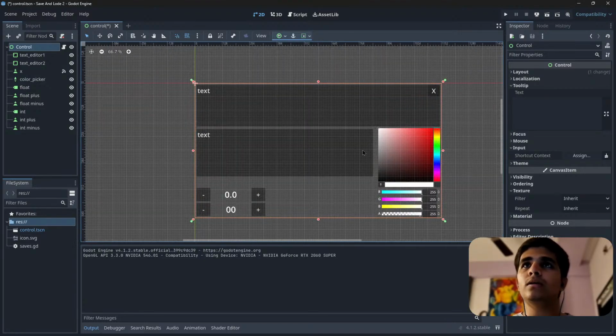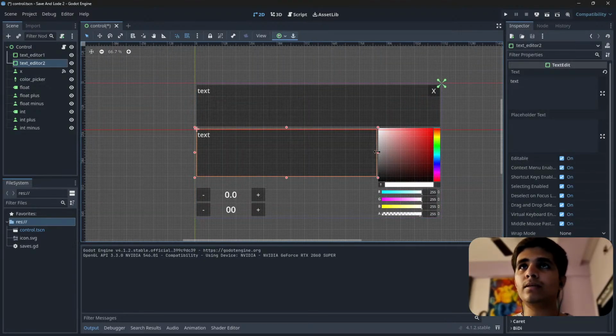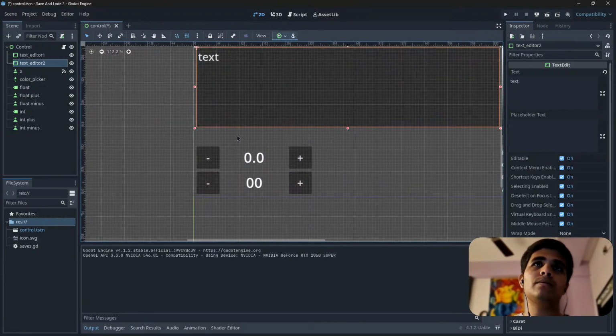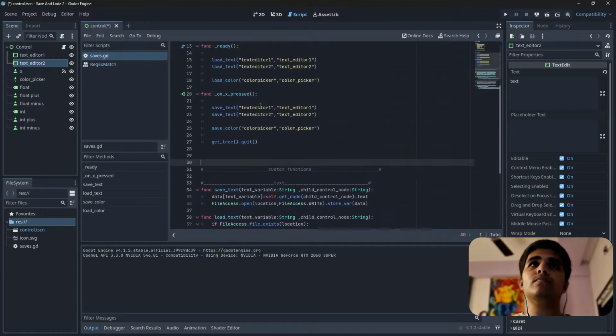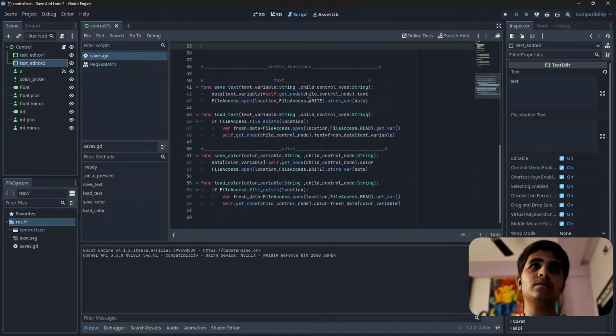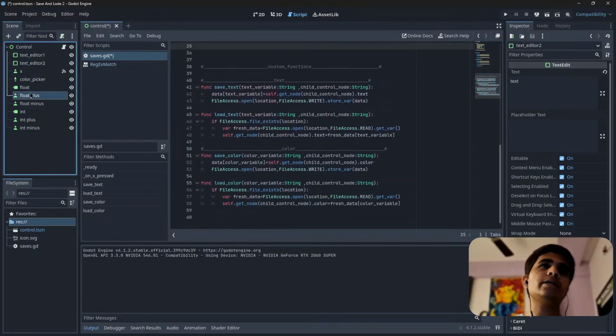Okay, now we are going to make the same things for these things right here. First of all, let's just make some more space, and if I